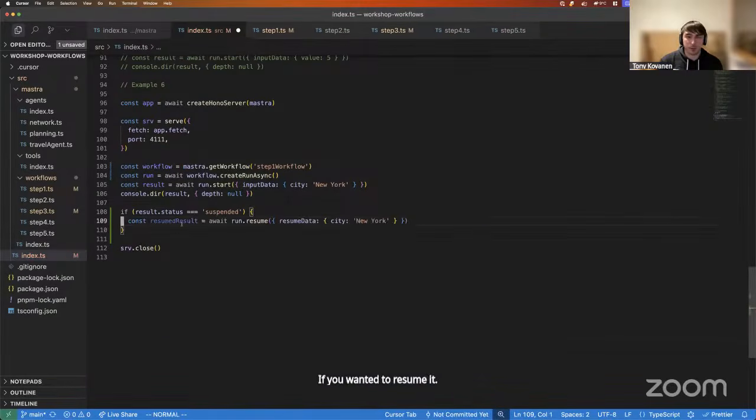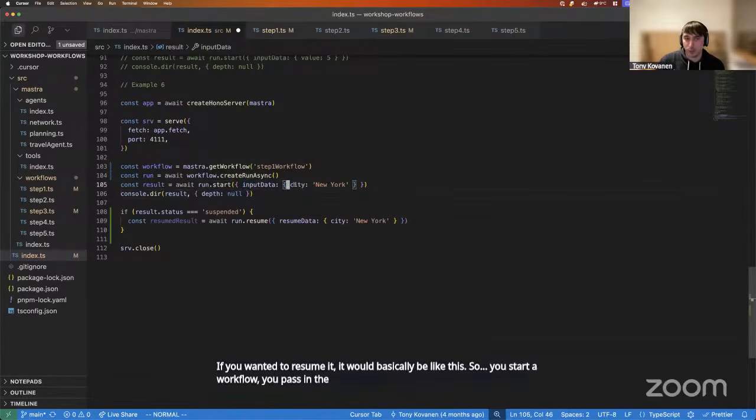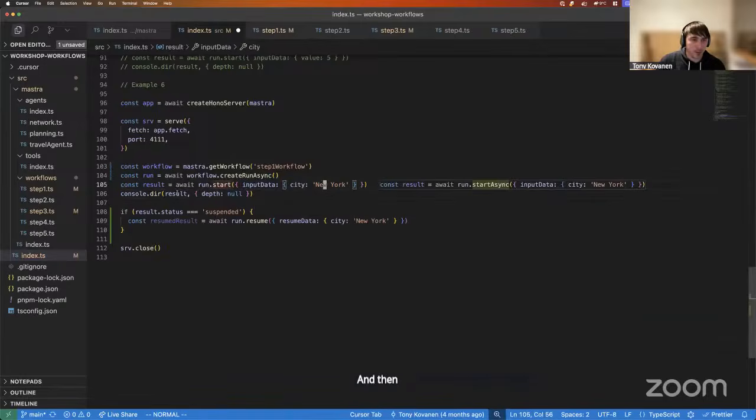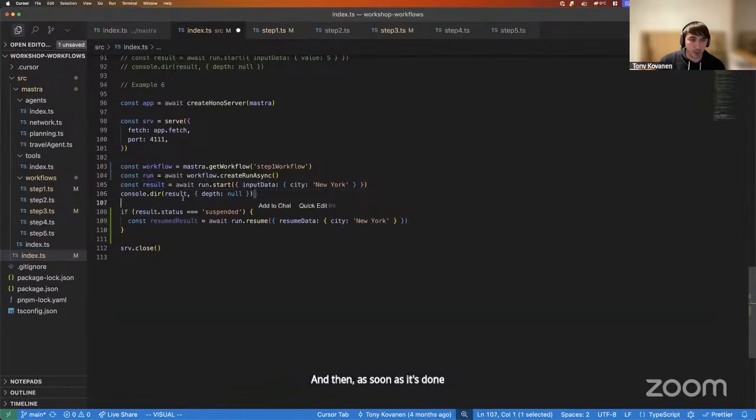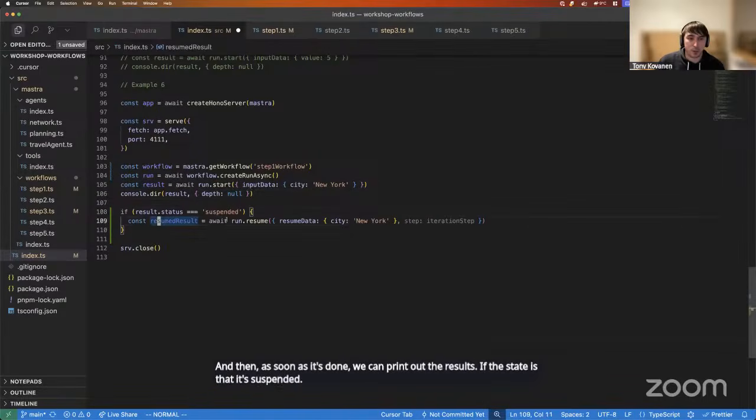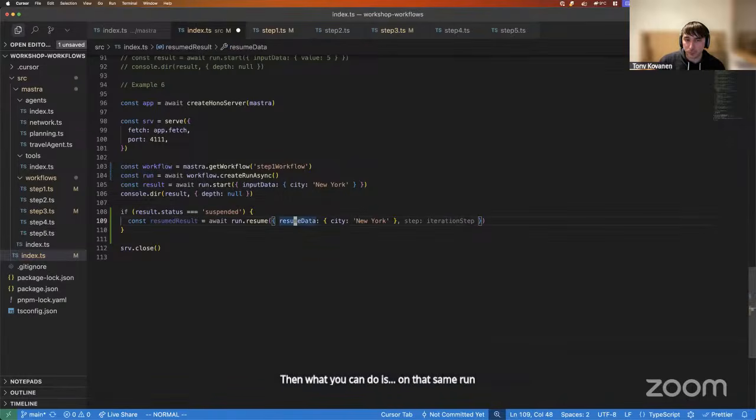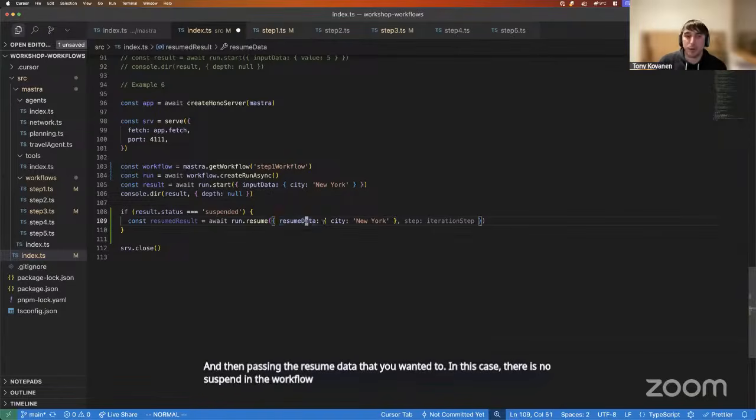It would basically be like this. So you start a workflow, you pass in the input data, which is that familiar shape of passing a city, and then as soon as it's done, we can print out the results. If the state is that it's suspended, then on that same run object, you can call resume and pass the resume data that you wanted to. In this case, there is no suspend in the workflow, but to illustrate the point,